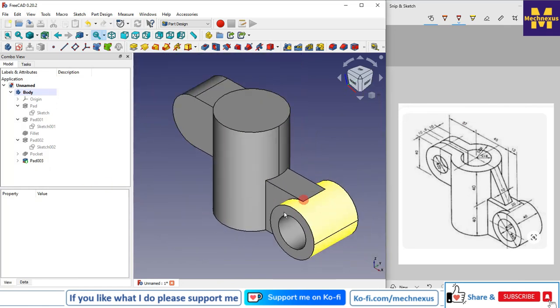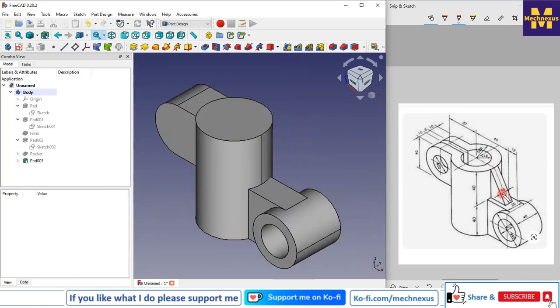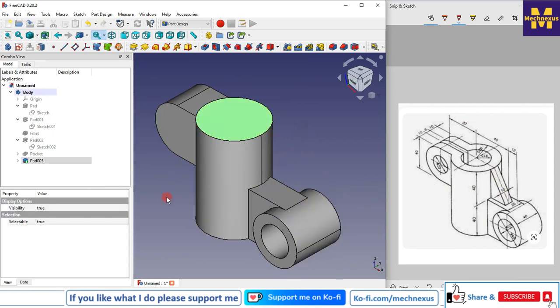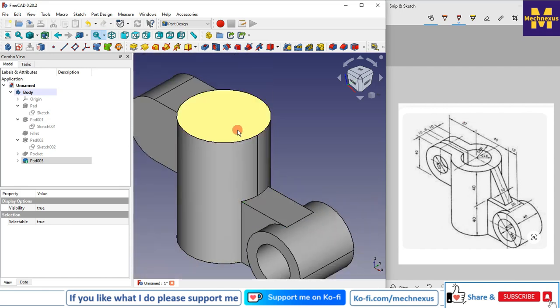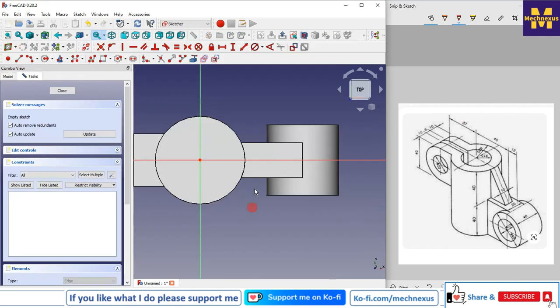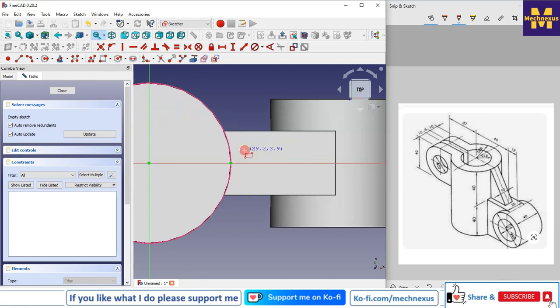Now we will create this rib. To create the rib, I will select the face, or I can also select this face. You have both the options. I will project the geometry, and this is the 10, so I will draw a rectangle, and I will delete this, and I will make it coincident,